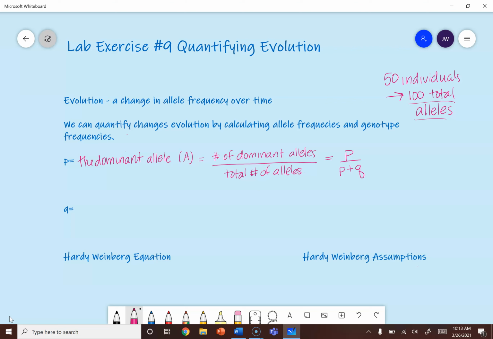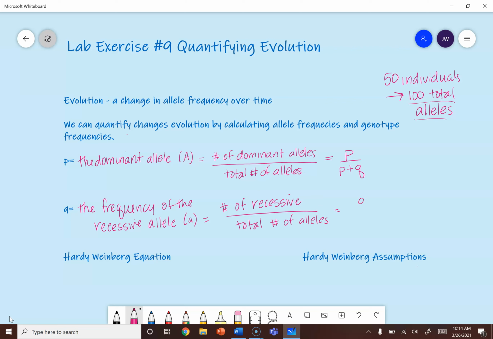The lowercase q is going to represent the frequency of the recessive allele, lowercase a, in this case. Again, it can be any lowercase letter. So the frequency of q is going to be the number of recessive alleles divided by the total number of alleles. In other words, q divided by p plus q. Now I just noticed that I made a little typo up here. I meant to say p equals the frequency